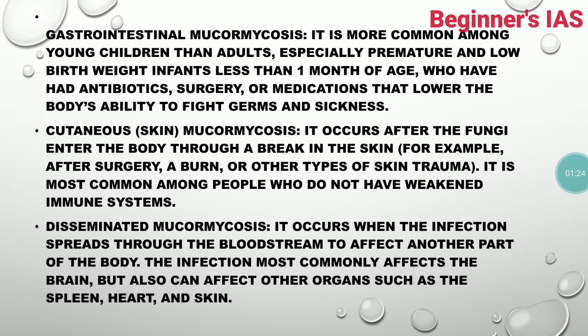Next is skin mucormycosis. It occurs after the fungi enter the body through a break in the skin, for example after surgery, burns, or other types of skin trauma. Next is disseminated mucormycosis. It occurs when the infection spreads through the bloodstream to affect another part of the body. The infection most commonly affects the brain, but can also affect other organs such as the heart, skin, spleen,